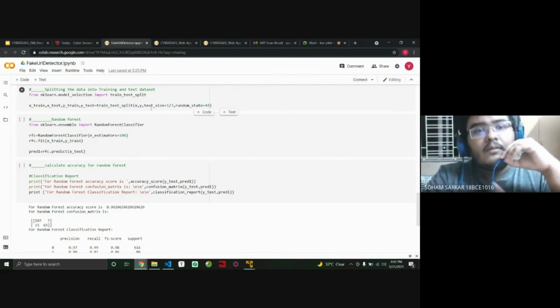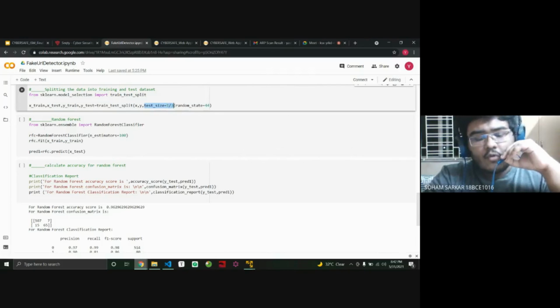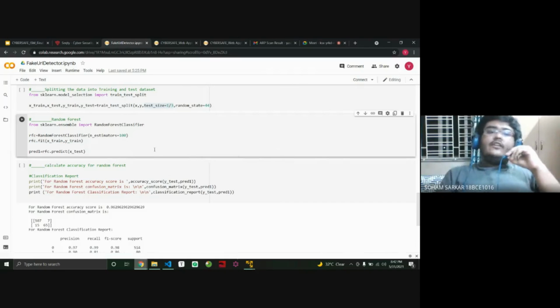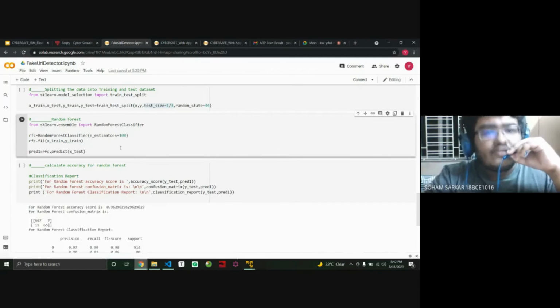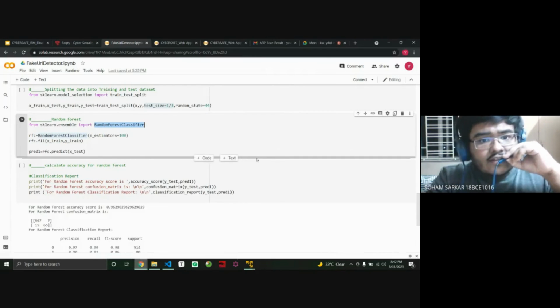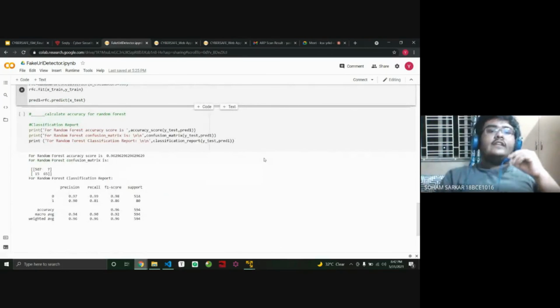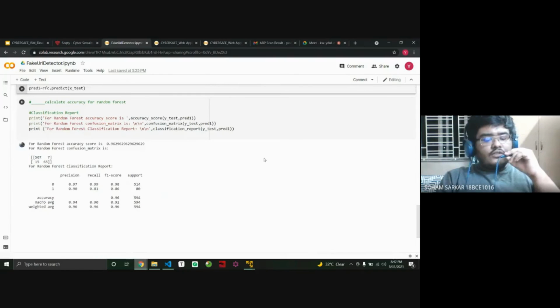Since the whole data set had been converted into numerical data, we could use any machine learning model on it. Logistic regression and KNN gave inferior results of around 85 to 90% accuracy. So the best accuracy came from a random forest model, which gave, as you can see on the screen, 96.3% accuracy.